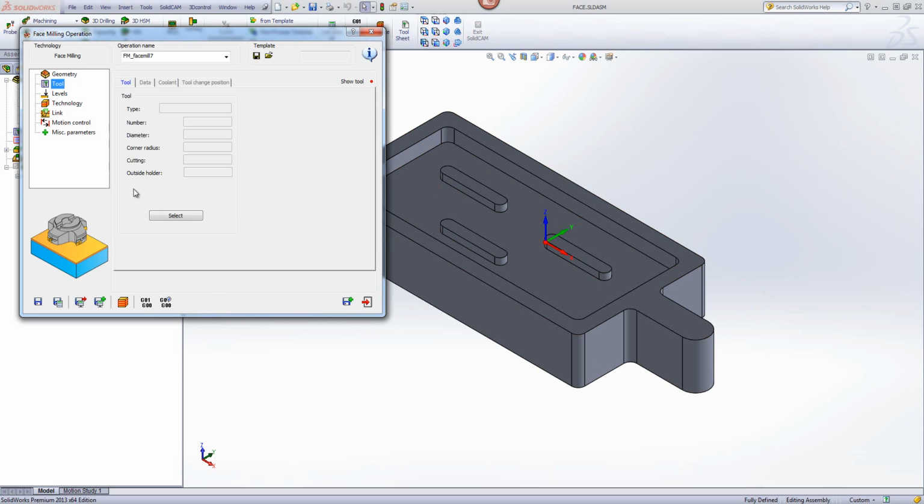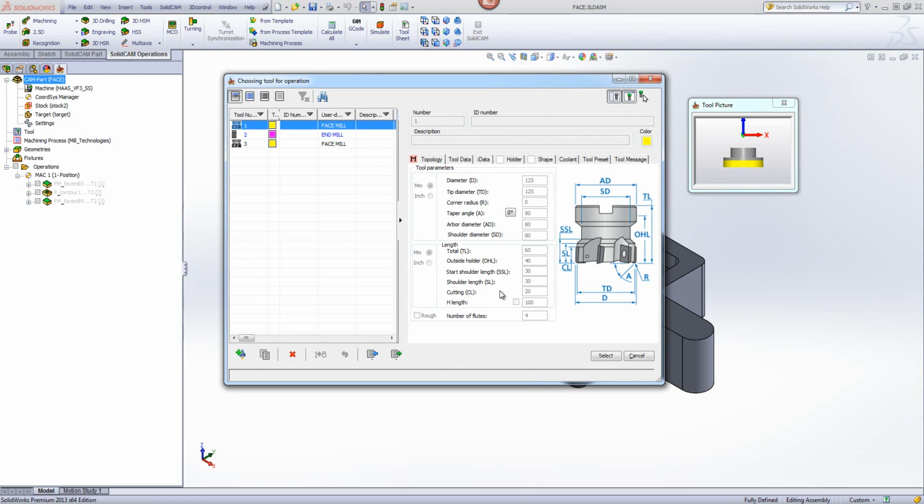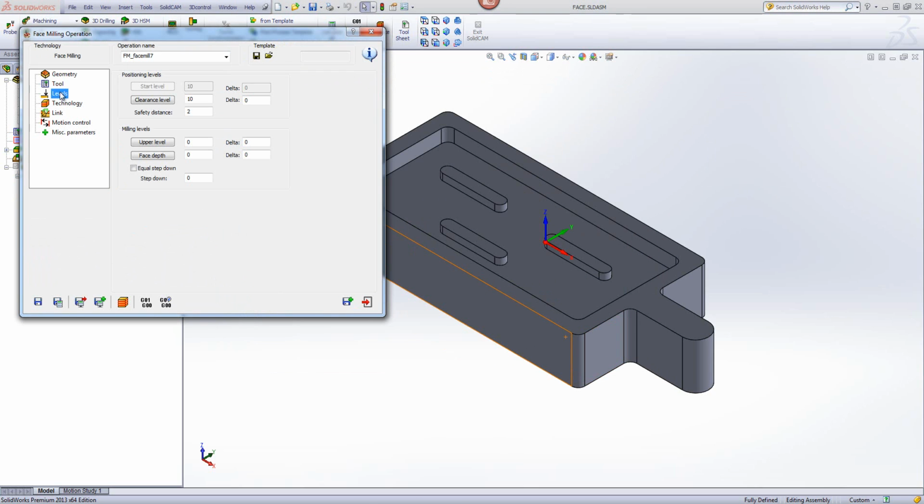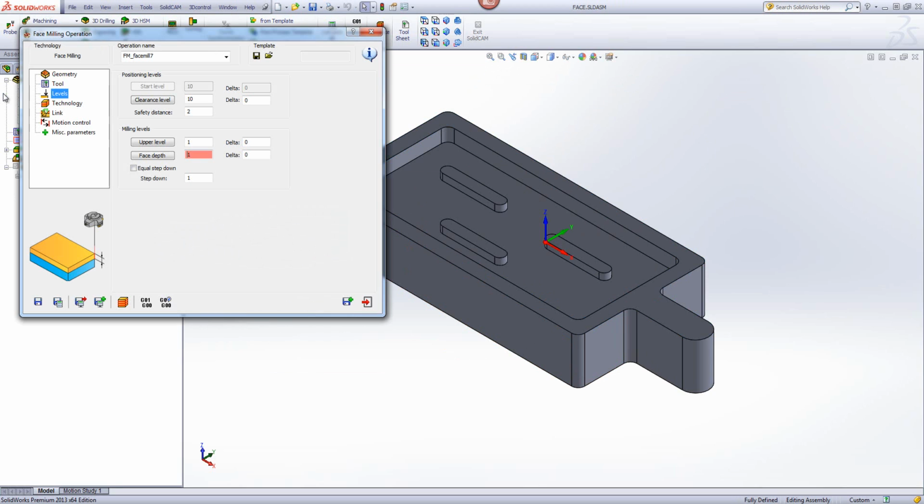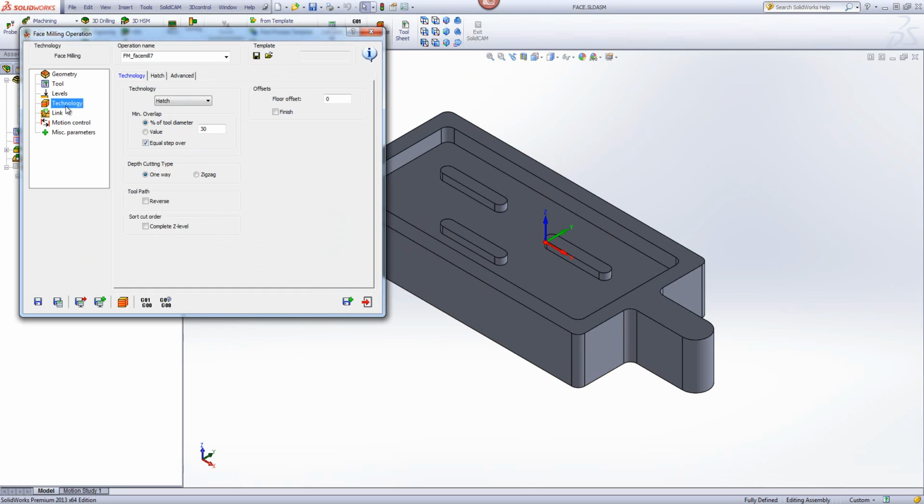My tool, which is wider than this part, is a 125 millimeter face mill. My upper level I'll have at 1 millimeter for my excess material, and my face depth up until this surface over here. Now in my technology,